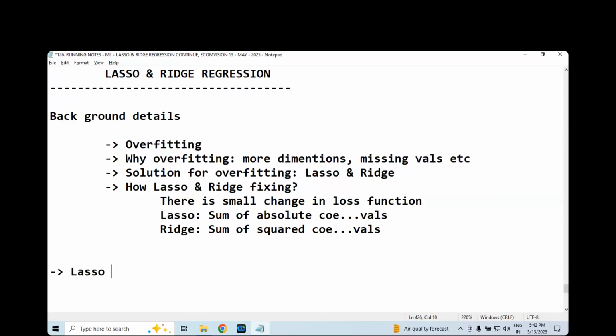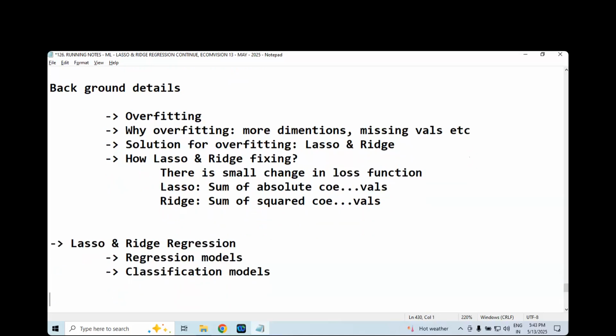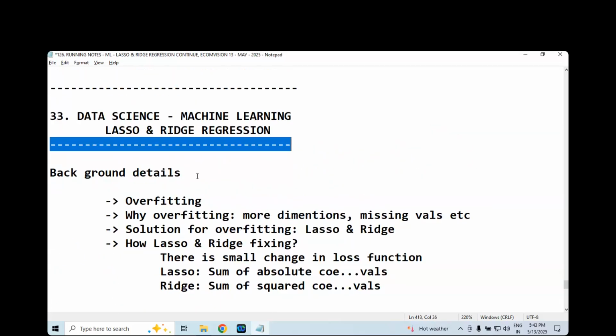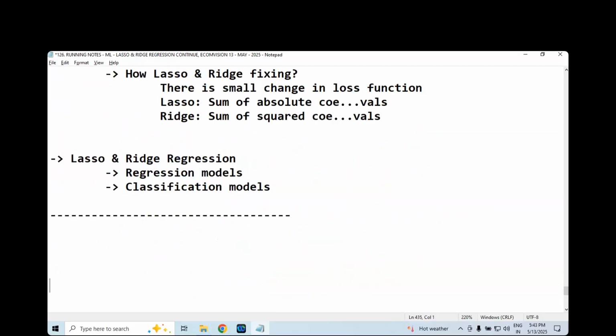Whenever you're talking about lasso and ridge regression, you can apply this on regression models and this on classification models. You can apply in both scenarios actually. You'll get an idea. Okay. We are good to go. Let's move on.